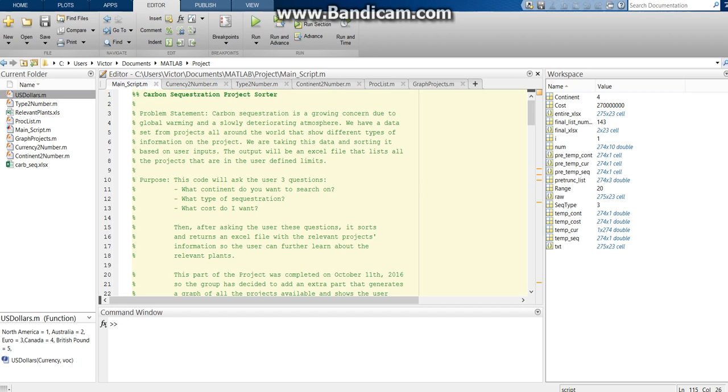Alright, welcome everyone. Today we're talking about our project, the carbon sequestration project sorter. To start off, I'm going to show you and tell you what this project does. The purpose of this project is, if you haven't seen the carbon sequestration Excel file, it is this Excel